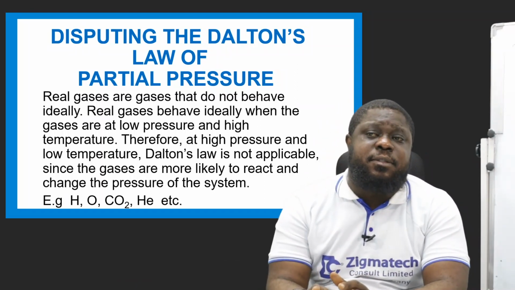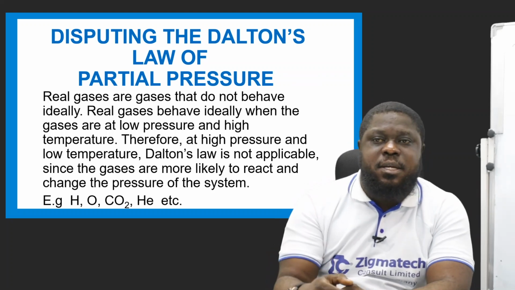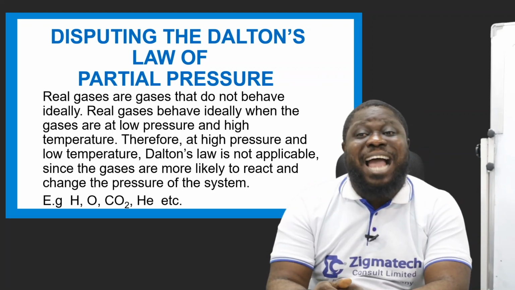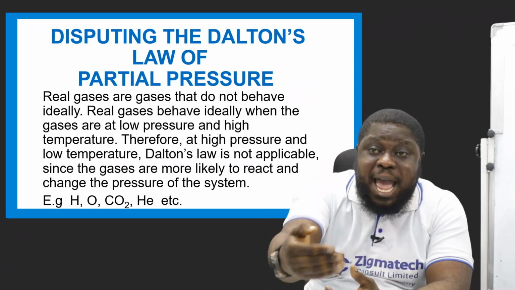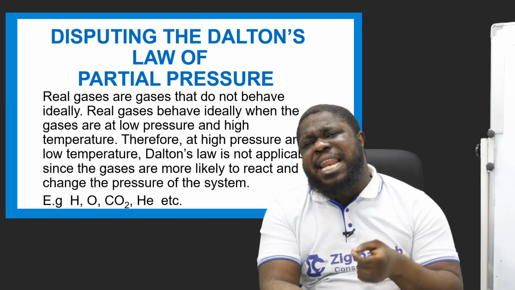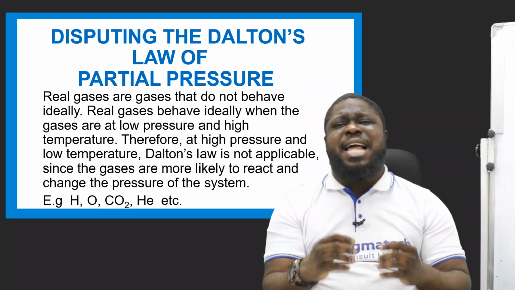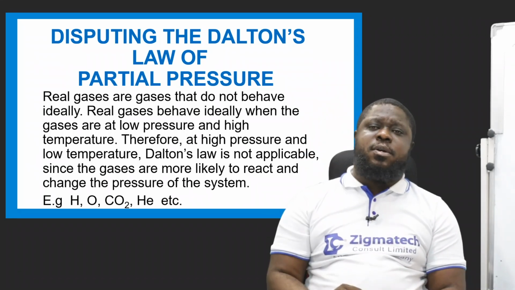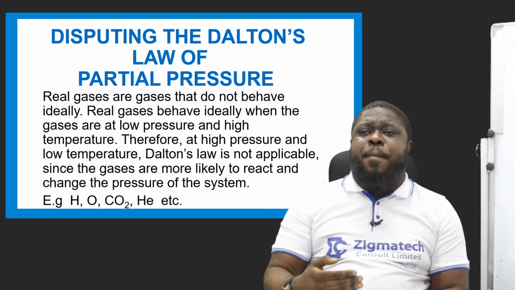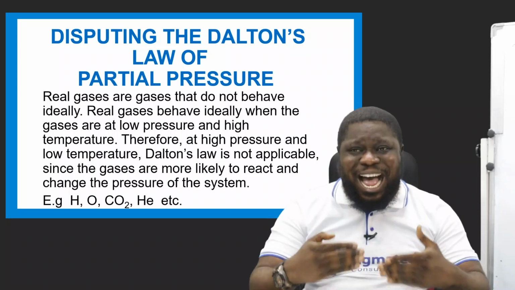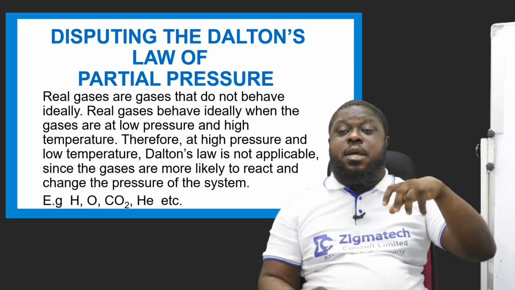But these three gases behave ideally at low pressure and high temperature. When the pressure is low, their temperature becomes high. Remember, if the pressure is high, that is when the temperature becomes high. But for these three gases, when the pressure is low, the way they move becomes high. Their movement becomes faster than when the